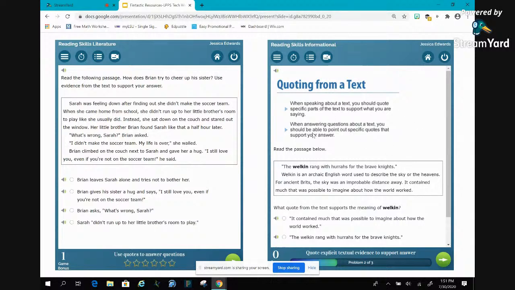Quoting things from a text. So they want the students to read the passage and find the quote from the text that supports the meaning. What I like about these questions on MobyMax is that they are very rigorous, and they are worded in a way that is similar to those standardized tests that the kids have to take.